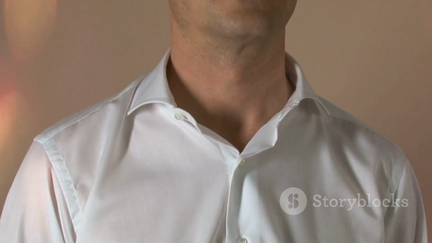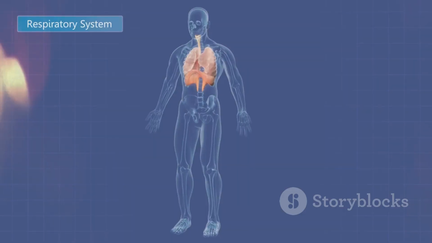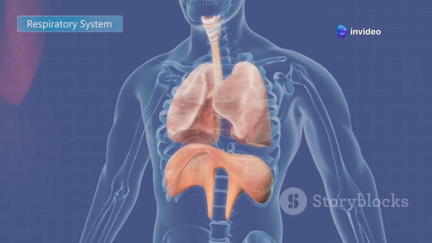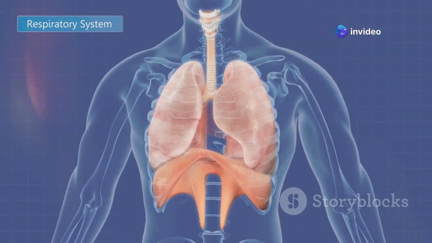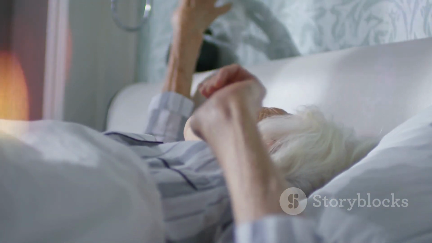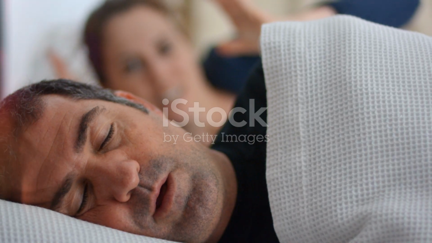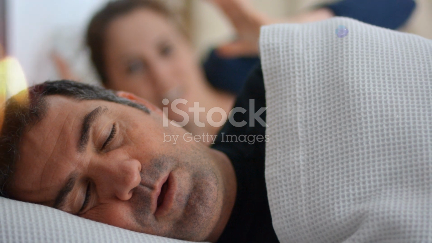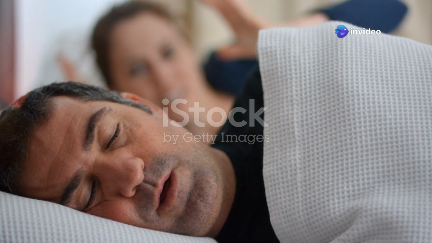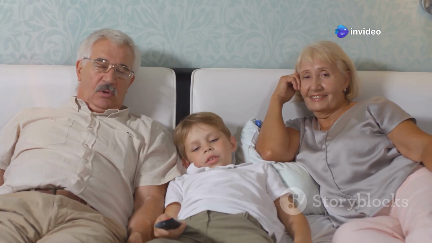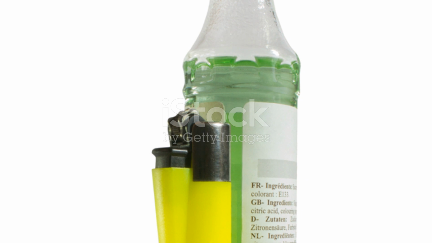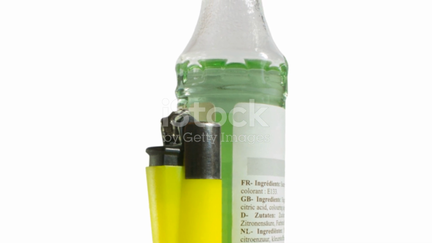Neck circumference is another important factor. A larger neck circumference often means there is more tissue surrounding the airway, which can contribute to airway blockage during sleep. As you age, your risk of sleep apnea increases. This is because the muscles in your throat naturally weaken with age, making them more likely to relax and obstruct your airway during sleep. Family history plays a role in sleep apnea. Lifestyle factors such as smoking and alcohol consumption can also increase your risk.